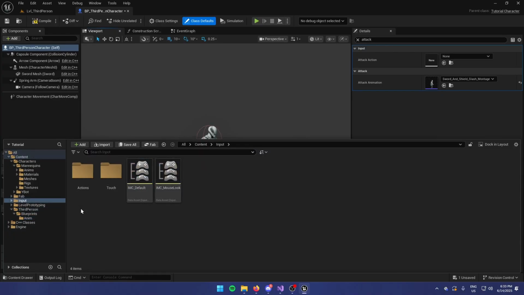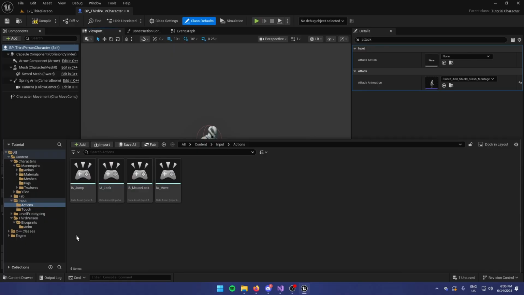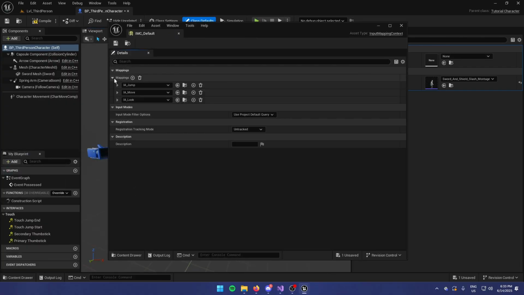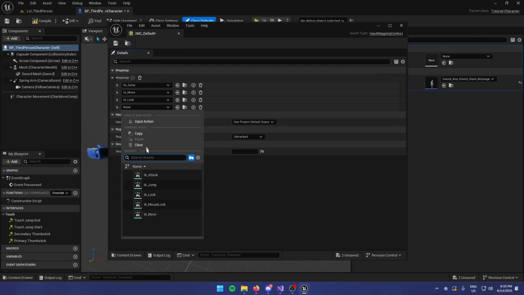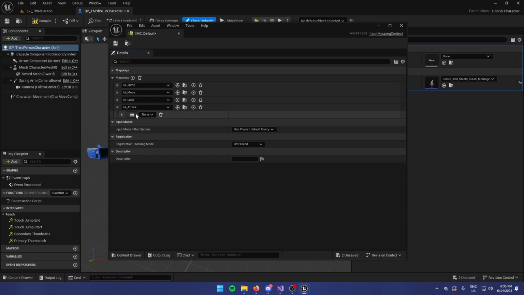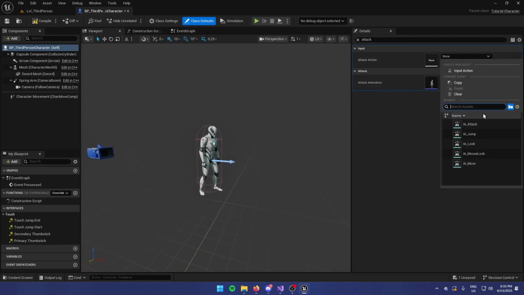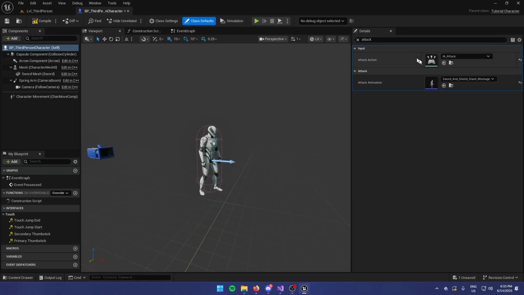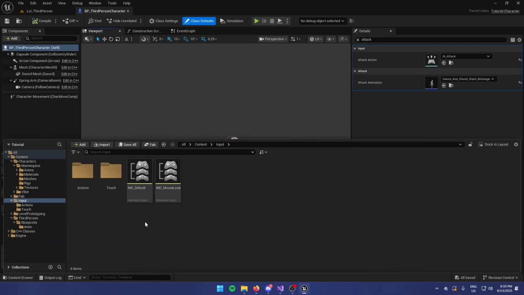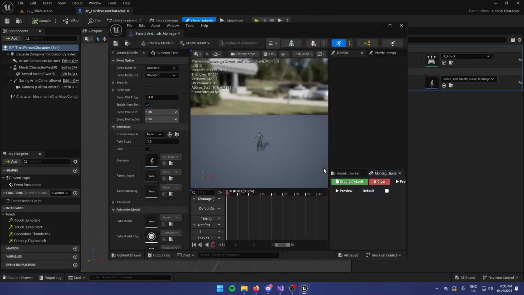So go to our input folder, our actions. I'm just going to duplicate jump and name it attack. Inside our default mapping, create a new attack, left click, save, and in our tag action, we're going to select that input. Now open up our animation montage,